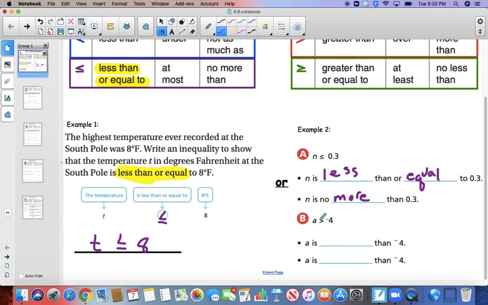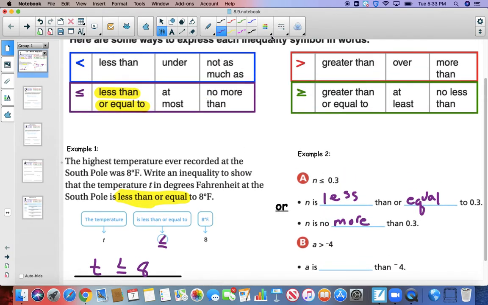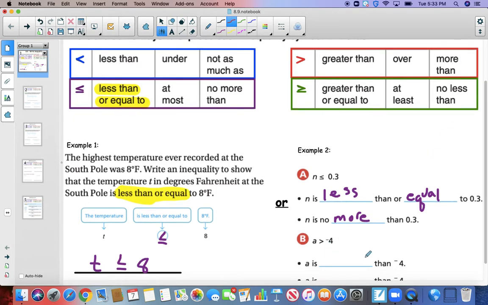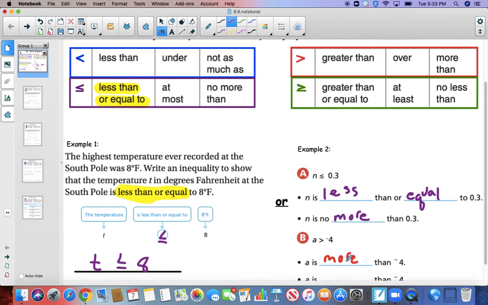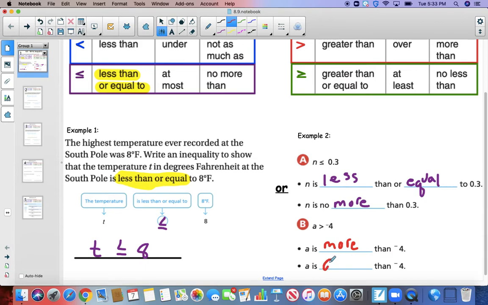A is greater than -4. So notice there's no line underneath. So this is just a plain old greater than. So let's go up here to the greater than. Okay, so we can use greater than, we can use over, we can use more than. So A is blank than, so they want us to use the more